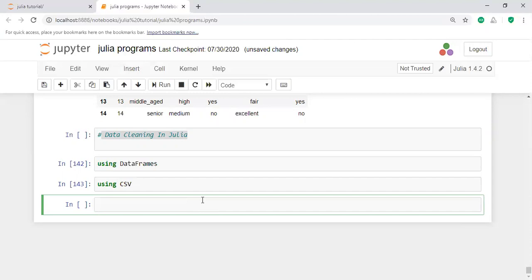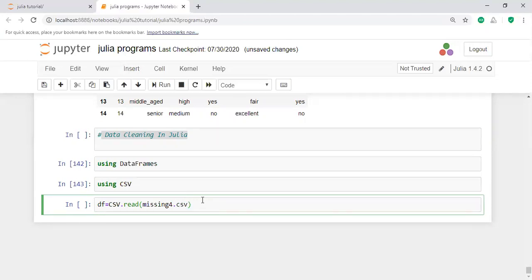How can you read the data here? Let us take the data frame, df equal to a data frame. I want to read the data with CSV dot read of, and I'm going to take the missing data, for example missing 4 dot CSV.